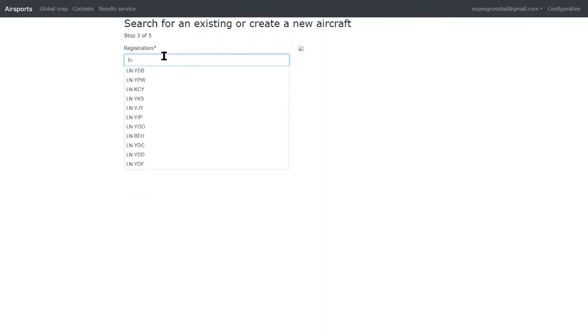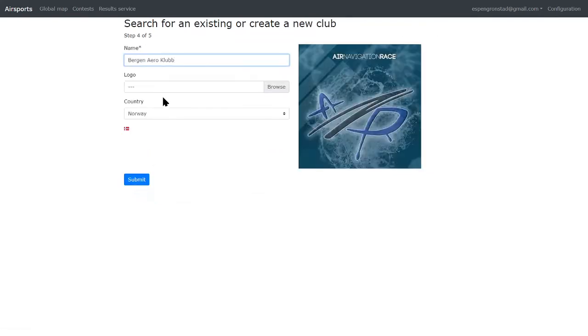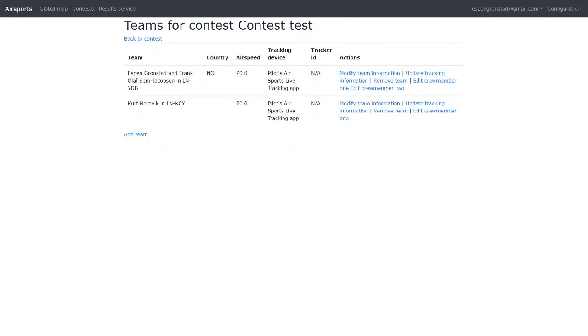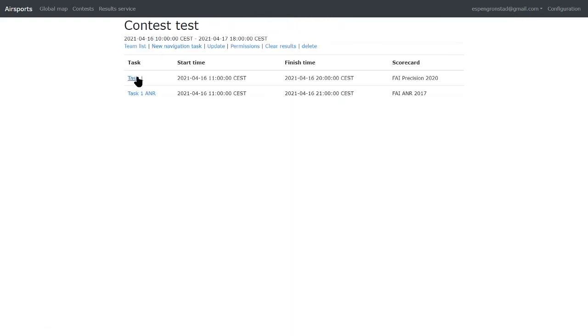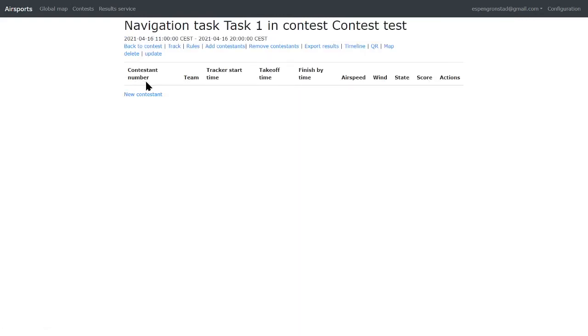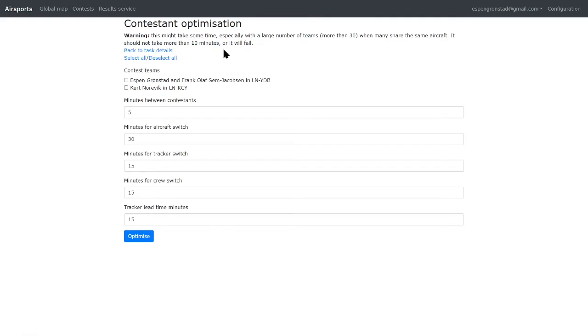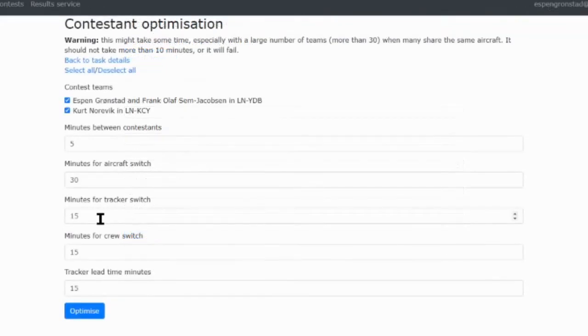Once the navigation task has been added and you have added the teams that will compete in the task, it is time to assign these teams to the task itself. Open the task and you have two options for creating contestants. The fastest option is to select Add Contestants from the top menu. Here you will get all contestants. You can select those that will participate and set parameters for separation in time and any delays between aircraft switching and so on. This feature will schedule all the selected teams